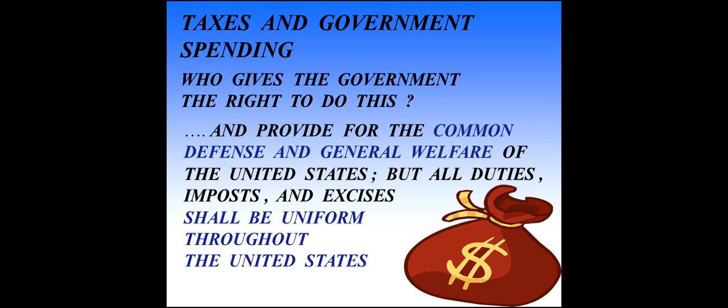Now, in this clause that I've lifted from the Constitution and read to you here, I have highlighted in blue a couple of key phrases: common defense and general welfare, and also uniform, that the taxes need to be uniform throughout the United States. And the reason I've highlighted those is that ever since, or even before the country was established, during the early stages of the country, today, and will be in the future, the whole concept over taxes and how they're dreamed up, administered, collected, and so forth